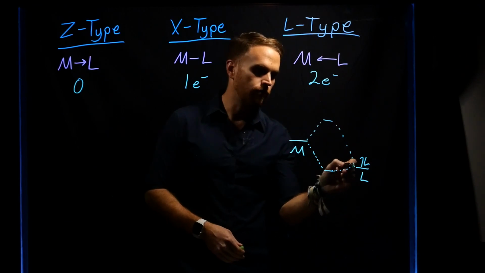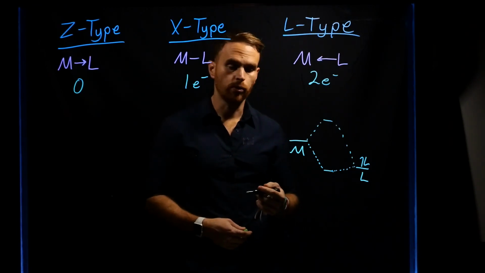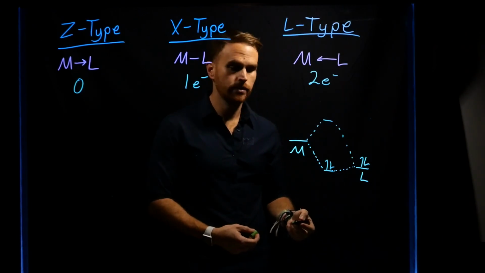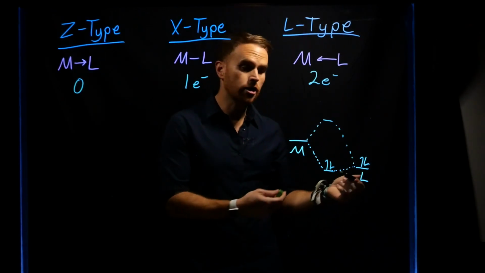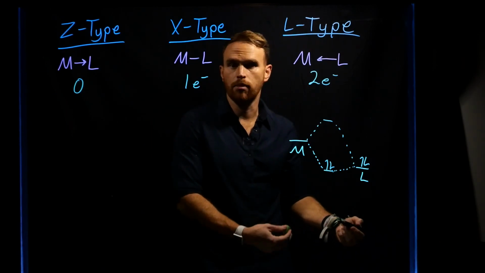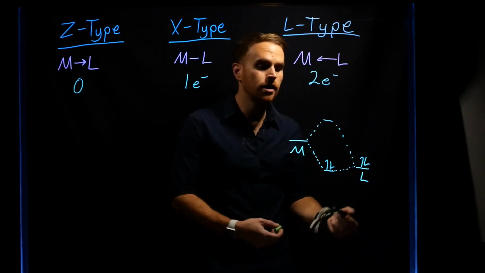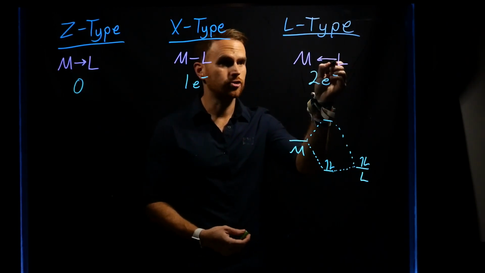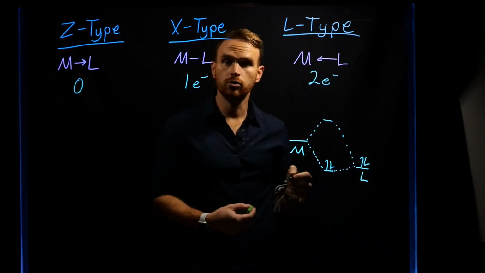As you'll recall from your molecular orbital theory, this would generate a new bonding molecular orbital where the 2 electrons are coming from the ligand and thus contain mostly ligand character. So this is what's known as a dative bond, where the electrons are coming from the ligands to the supported